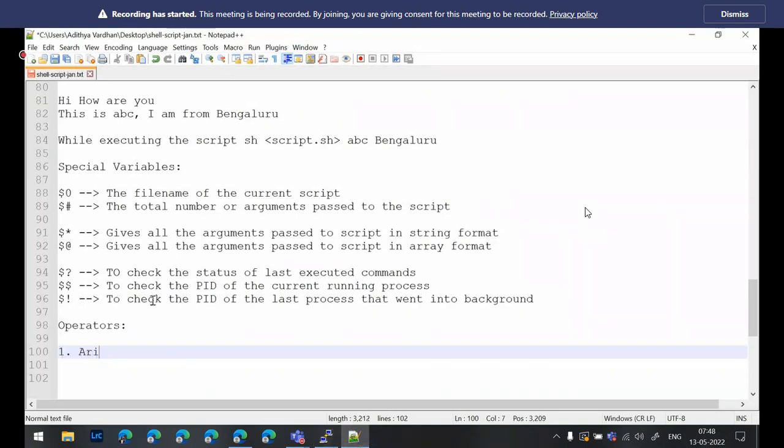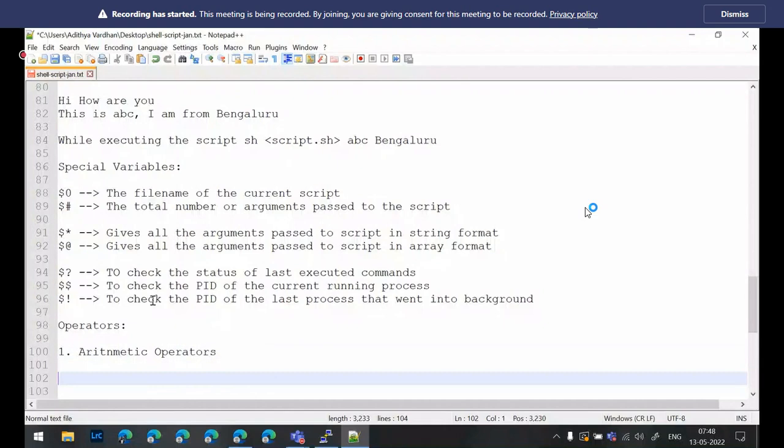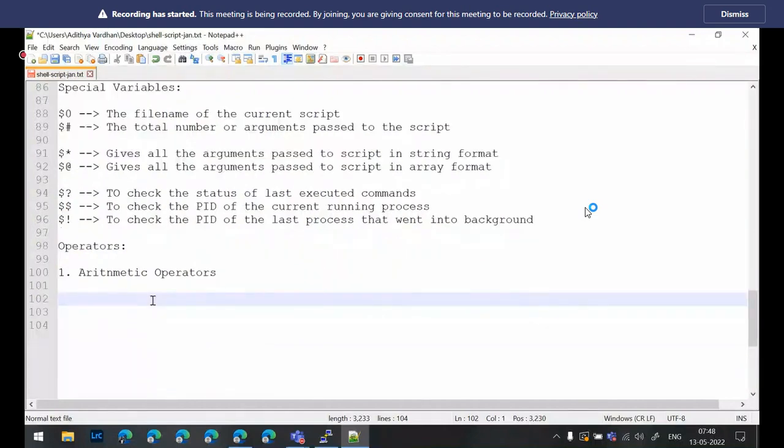Operators. There are different kinds of operators. First, let's talk about the arithmetic operators. The arithmetic operators are nothing but your multiplication, addition, subtraction, and division. So how can we perform arithmetic operations inside a shell script? For an example,